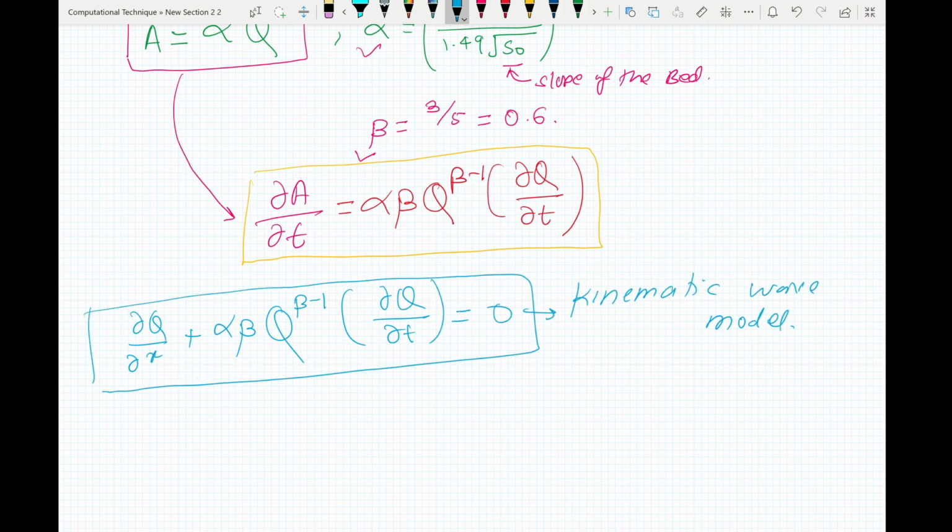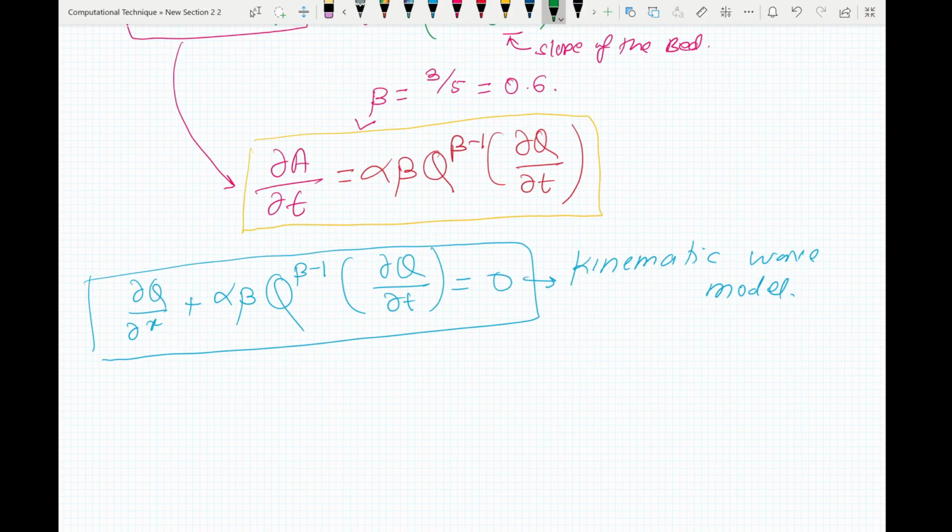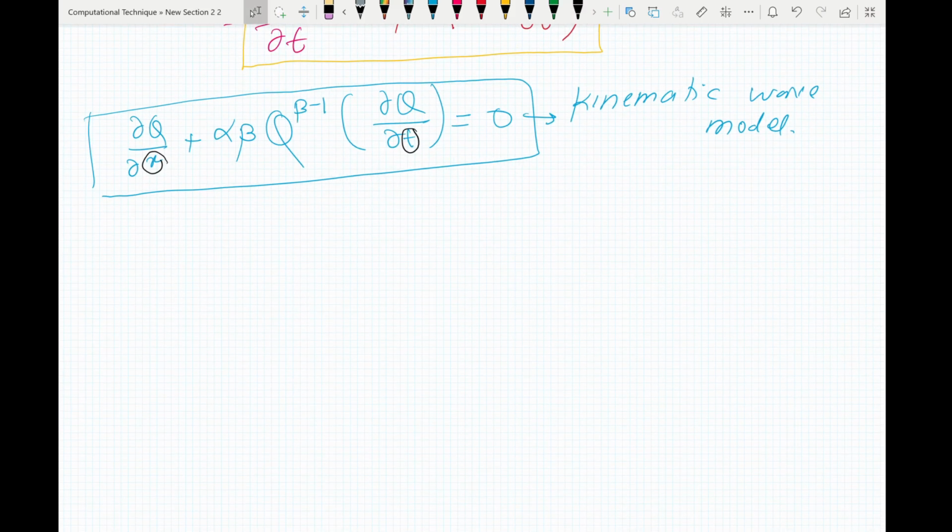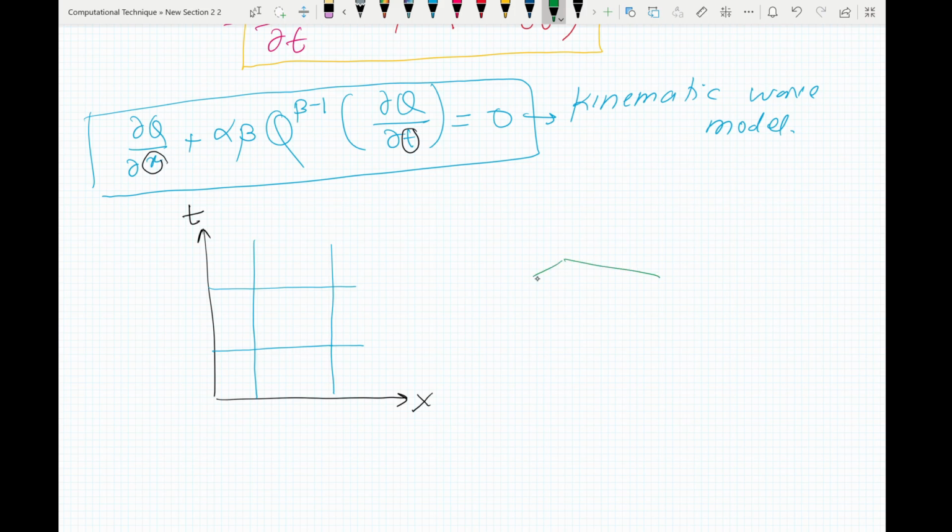Now to solve this, what you do is, as you can see here, there are two parameters, two variables, x and t. So we make a grid line like this. This is x, this is t. Now in the channel,